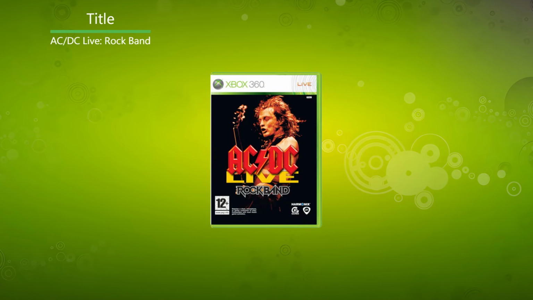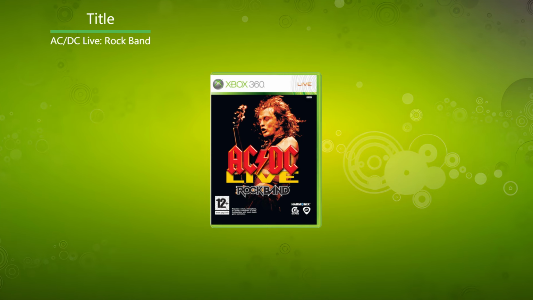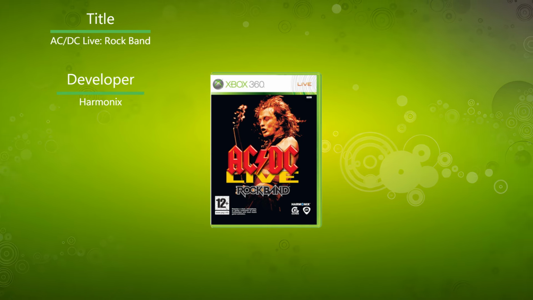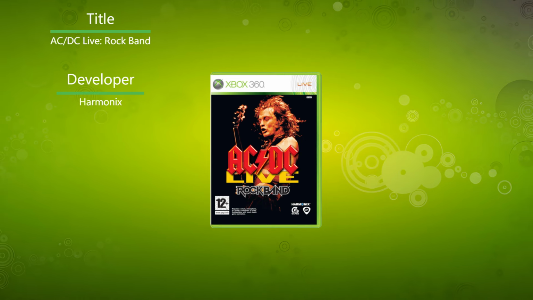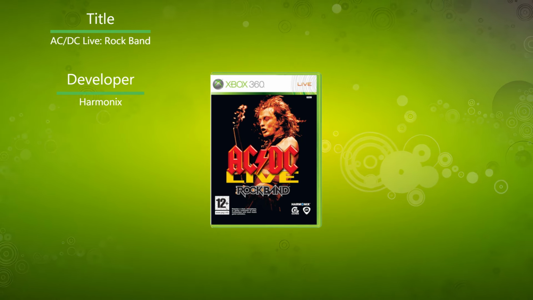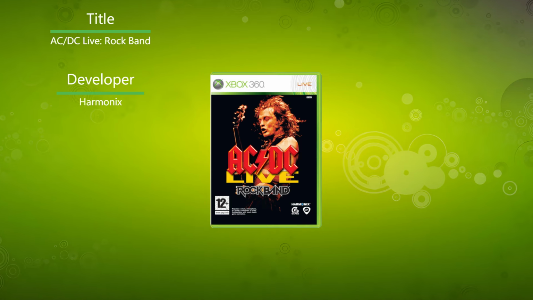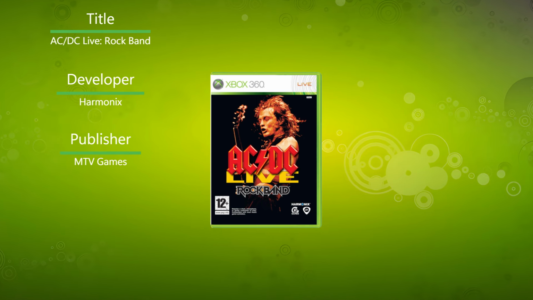AC/DC Live Rock Band, but known as AC/DC Live Rock Band Track Pack in the US, was developed by Harmonix. As well as their work on the original Guitar Hero and Rock Band, Harmonix had a lot of history with music games. They developed the exceptional Frequency and its equally exceptional sequel Amplitude on the PS2, as well as the Karaoke Revolution series. The game was published by MTV Games, who actually published every Rock Band game up until the